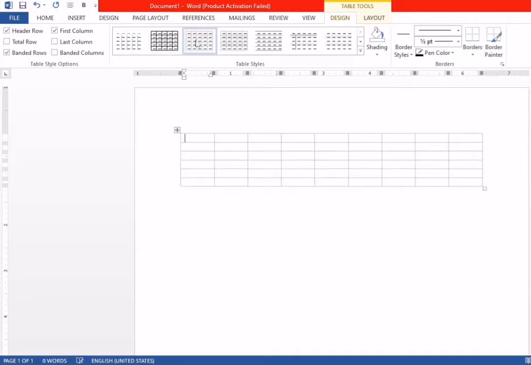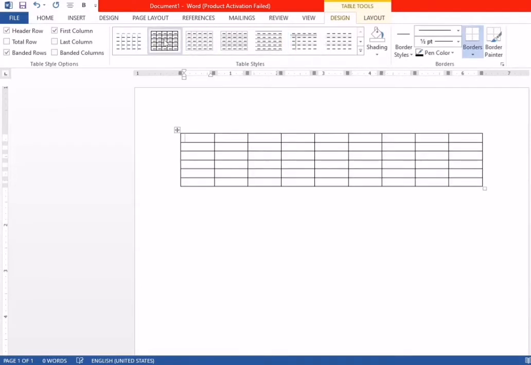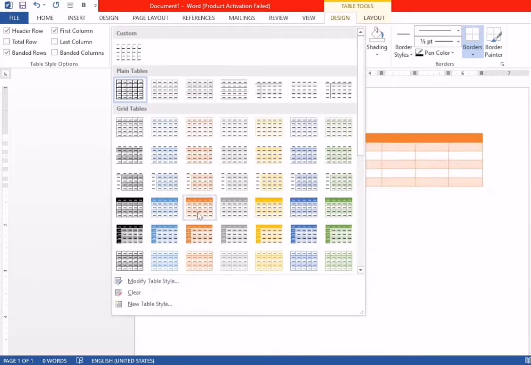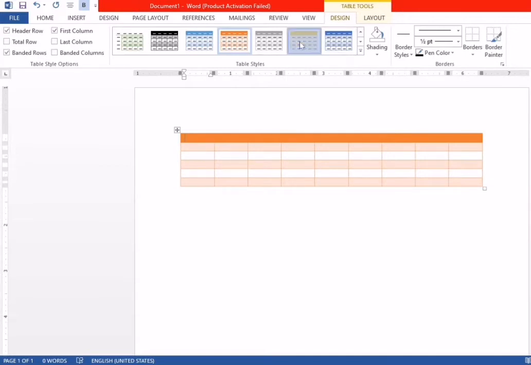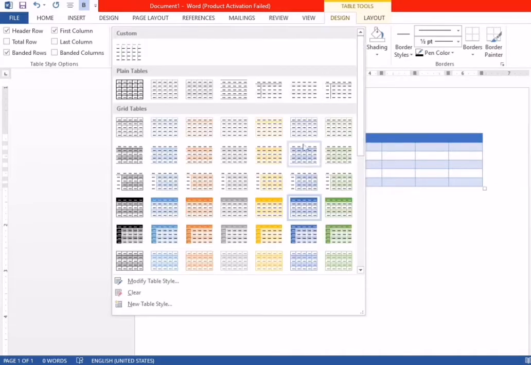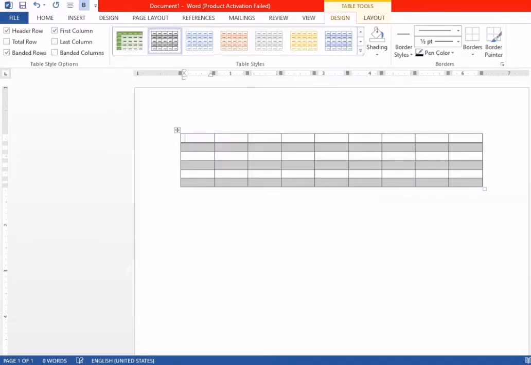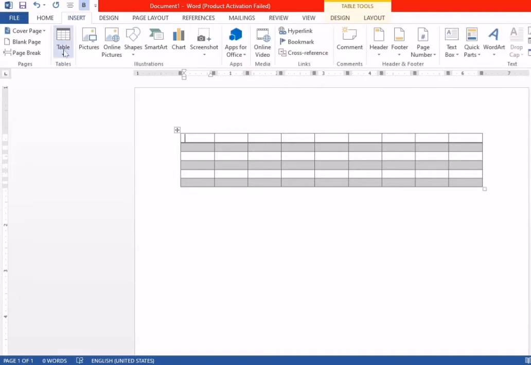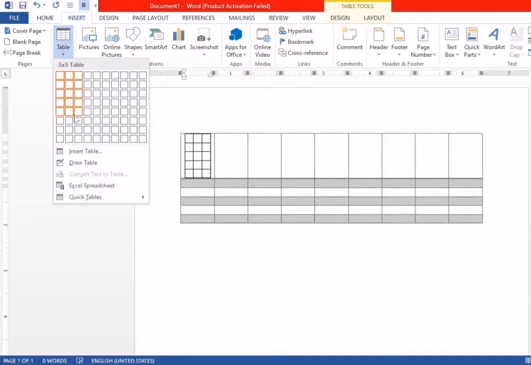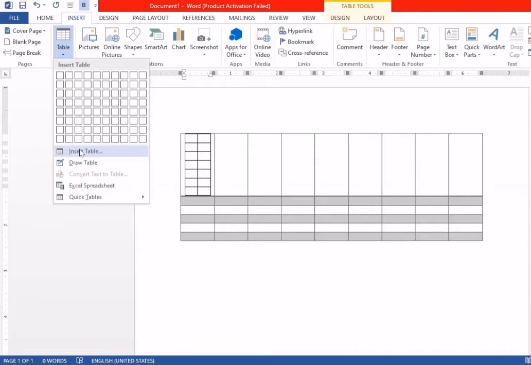And these are different styles. You can select this one, this one, this one, or this one, and there are more options like this one. If you want to change the color, you don't need to insert the color by yourself. You can just click here and the color will be changed. There are so many options here. In this way you can insert the table using the second method. First we used the first method, and second, Insert Table.